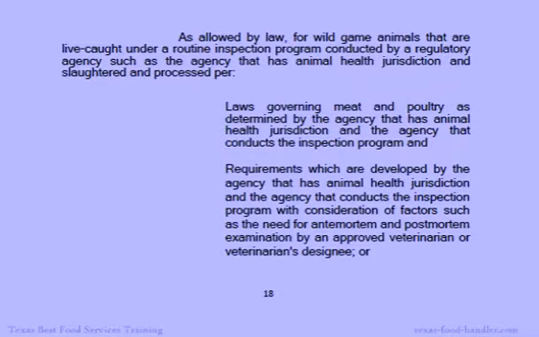As allowed by law, for wild game animals that are live caught under a routine inspection program conducted by a regulatory agency such as the agency that has animal health jurisdiction, and slaughtered and processed per laws governing meat and poultry as determined by the agency that has animal health jurisdiction and the agency that conducts the inspection program, and requirements which are developed by the agency that has animal health jurisdiction and the agency that conducts the inspection program with consideration of factors such as the need for ante-mortem and post-mortem examination by an approved veterinarian or veterinarian's designee,